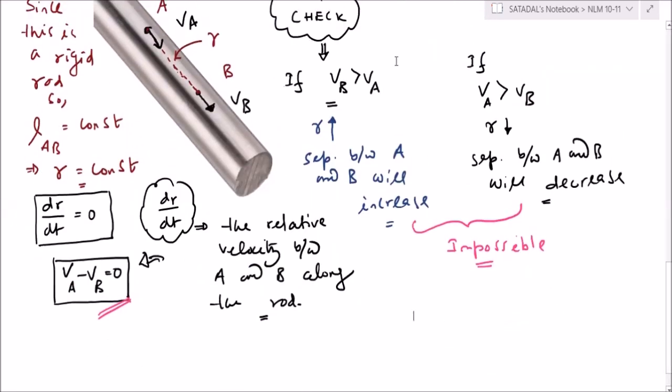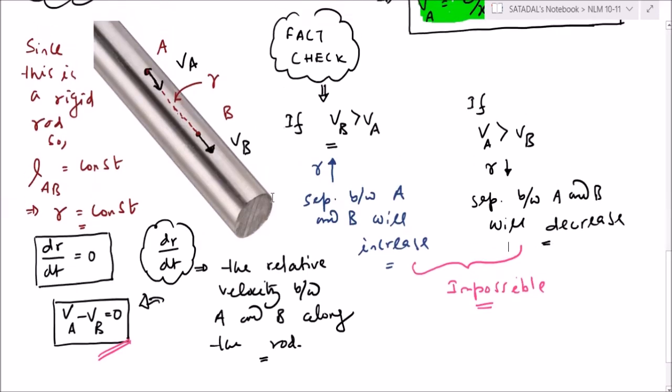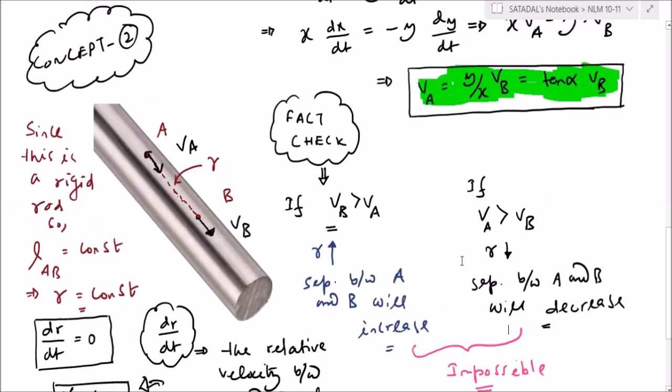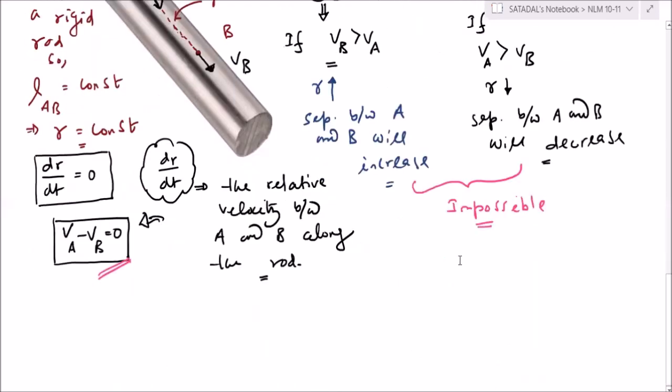Okay, na? Clear? Pujita, tell me. Sir, why are those two impossible, sir? Because the rod has a fixed length, na? It is inextensible. It cannot be extended. Always VA is equal to VB, sir. Always along the length of the rod or rope, VA has to be equal to VB. Okay, but the direction is important. Repeatedly, I am telling only in that direction. What is the direction? Along the length of the rod, not in any other direction.